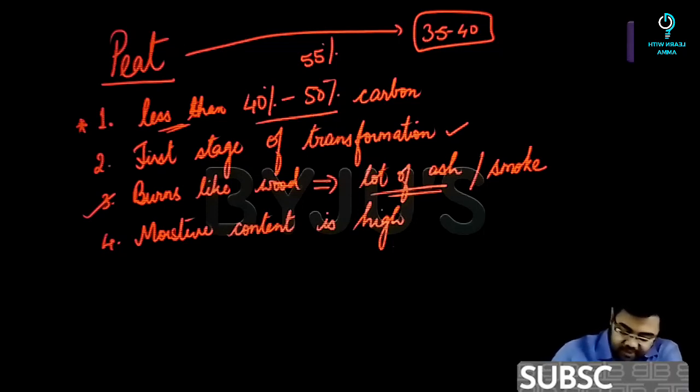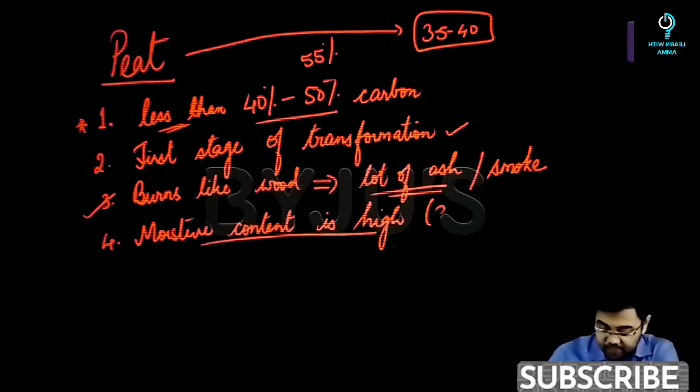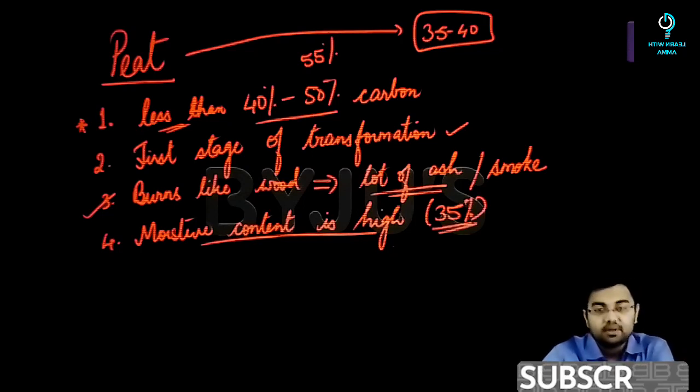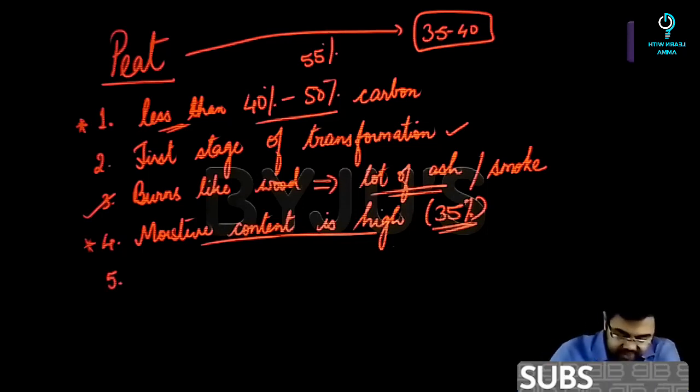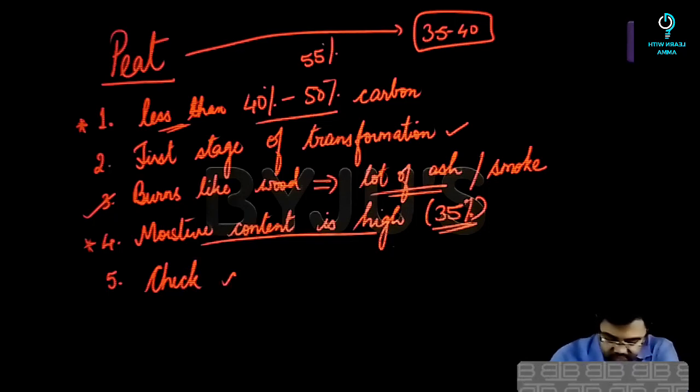And then finally the moisture content is high, which is approximately more than 35%. So again, this also becomes a factor why it would not burn with ease or in as good a manner as the other varieties would. One application area that we have for peat is basically to check oil spills.